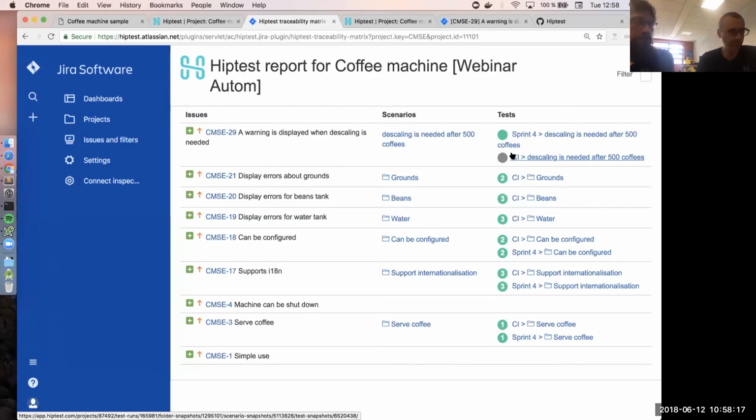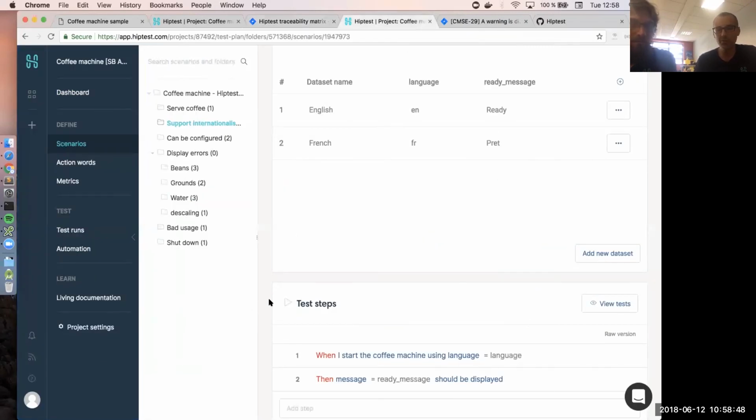Yeah, and during the 201, the demo will be partly done with CBT. We're going to show the execution of the test on this coffee machine with cross-browser testing. During this demo, we've shown the integration with JIRA because it's the leader today. But of course, Hiptest integrates with many other solutions. I mentioned Trello, but basically it works with all the web-based tools. It works with Redmine. We have customers that use Hiptest with Redmine. And as I said, any other